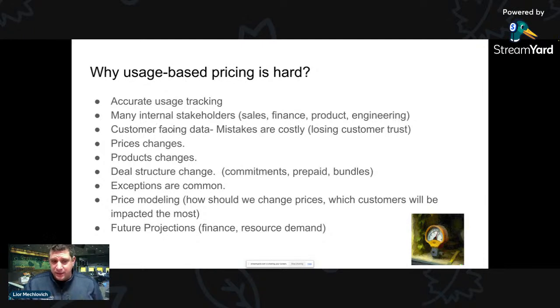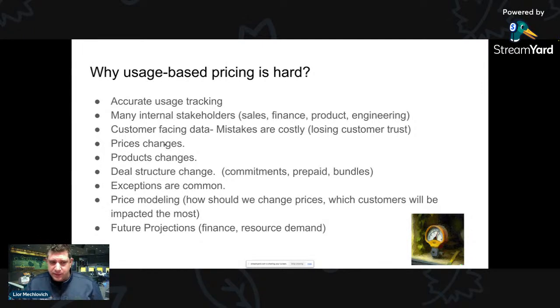Okay. And as we said about accuracy, it is customer-facing data, even if not billing related, even if it's small. Customers are looking at this constantly, right? They want to get alerted. We can talk about this later, but this is really important for your customers. There's a lot of changes.